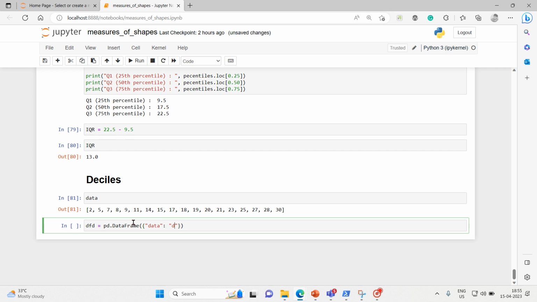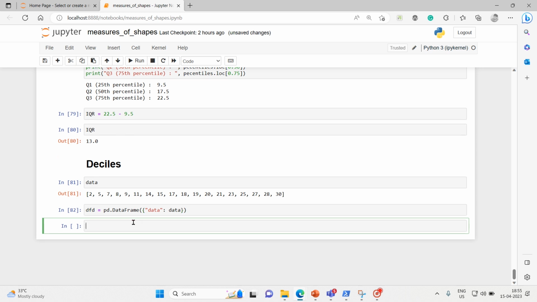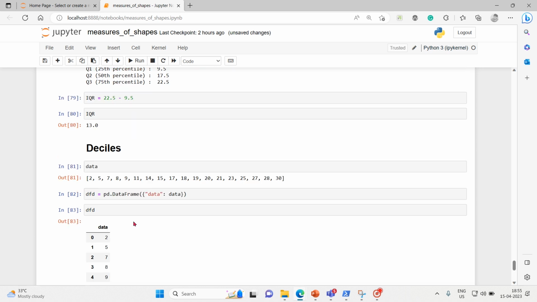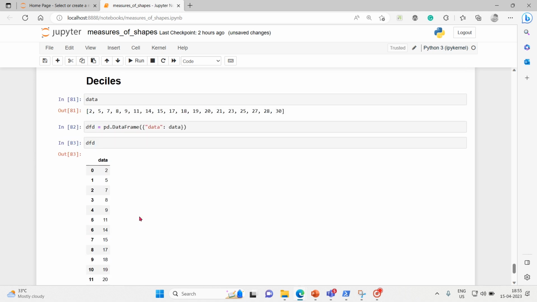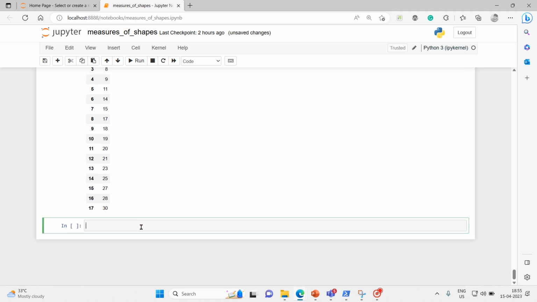This is our data frame. This is ready. On top of that, we are going to convert that into the deciles. Let me say deciles is equal to DFD data,